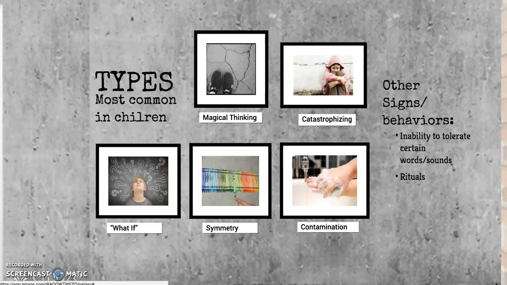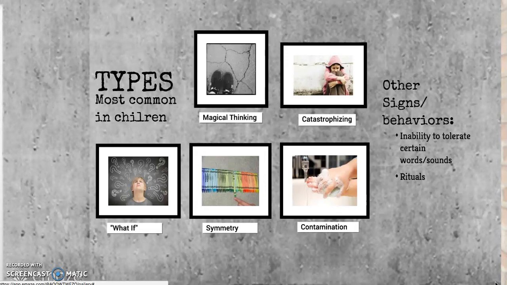Magical thinking is kind of like a superstition. If you think back to when we were kids, we used to say, "Step on a crack, break your mother's back." It's kind of like that, but intensified. A child would worry that his or her thinking could cause someone to get sick, hurt, or die. For example, a child might think, "If I touch everything in my bedroom, my dad won't get into a car accident." They truly believe that their thoughts can directly lead to an unrelated action or event.